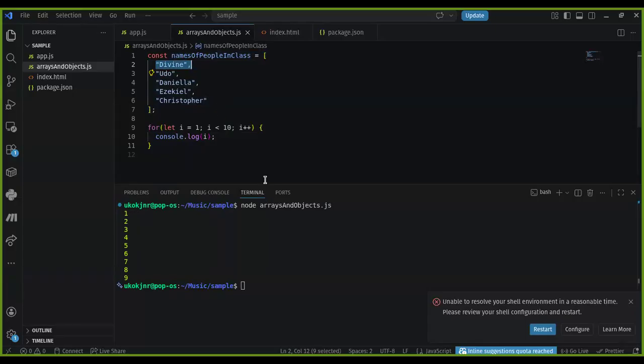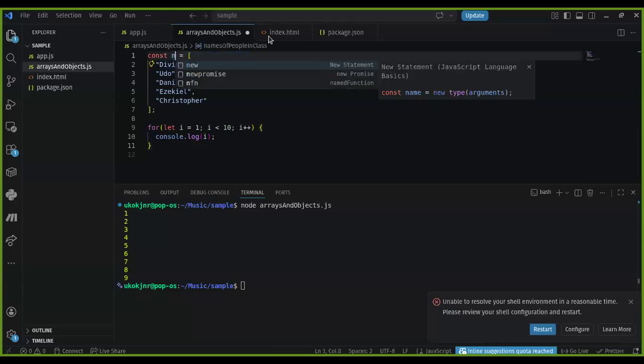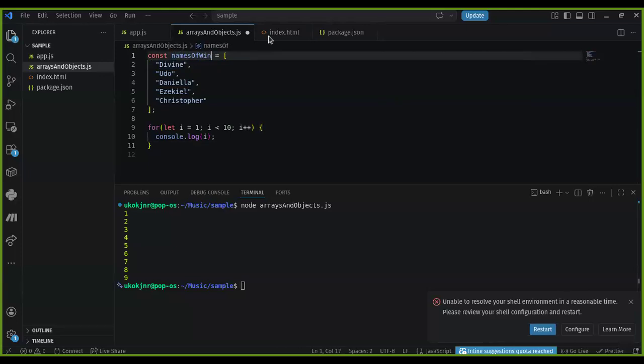Okay. So this is kind of still useful if you wanted to do something like, let's say for example, names of winners and runners up, right? So if this was a list of winners and runners up, and then of course maybe the first value is the value for the winner, then the other values,